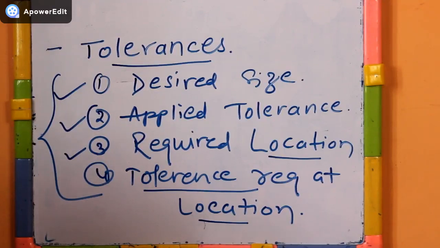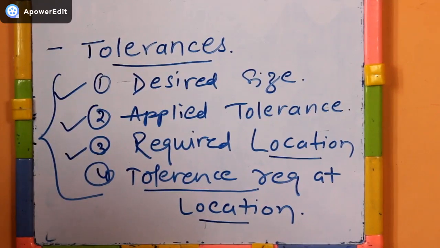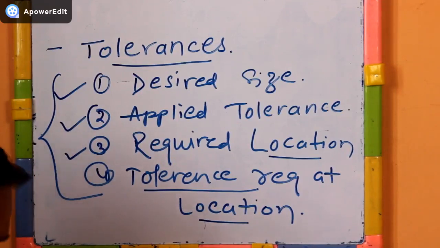So the tolerance of size, the tolerance of form, location, orientation, profile or runout are totally different requirements that must be considered independently. For this purpose, generally we use the plus and minus dimension tolerancing system, where two terms will be introduced. One is bilateral tolerancing and the second one is unilateral tolerancing.